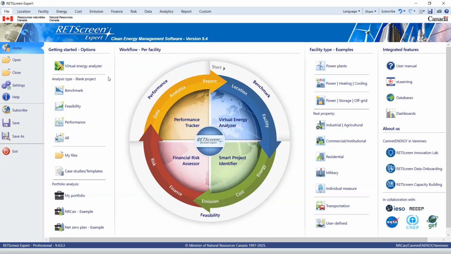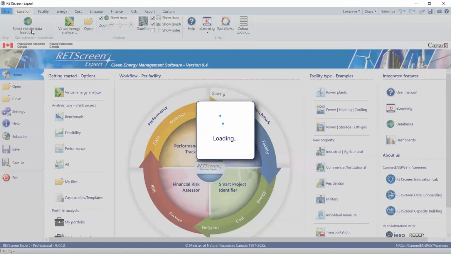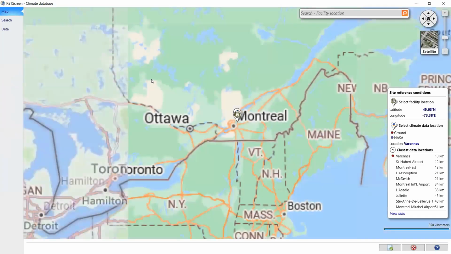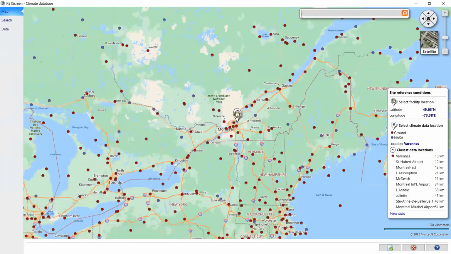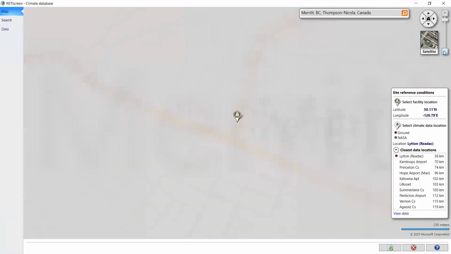And the first step will be to choose the location. And the location I will pick here is Merritt, BC. I'll start by searching for Merritt, BC. And when I do that, I see that there's this option popping up. So I double click on that and it takes me to Merritt, and I can zoom out here and see